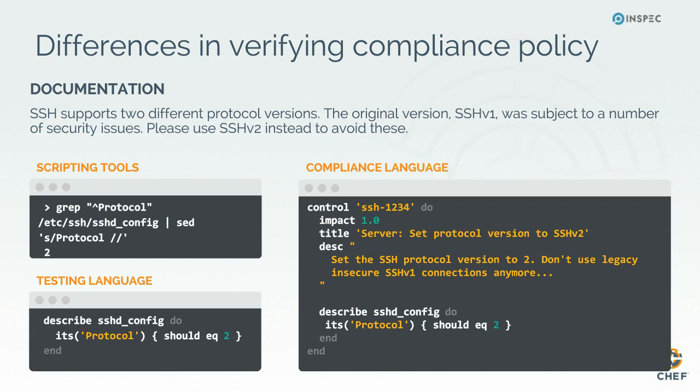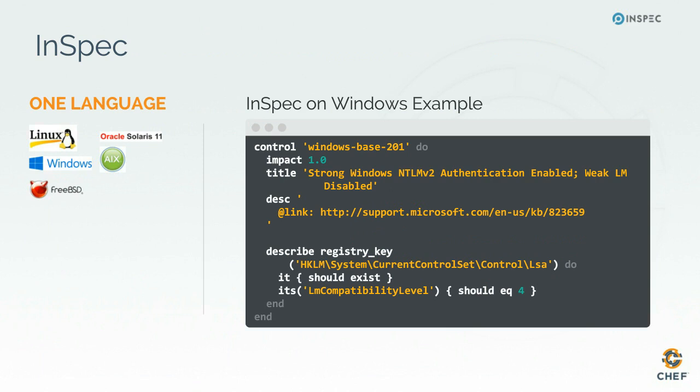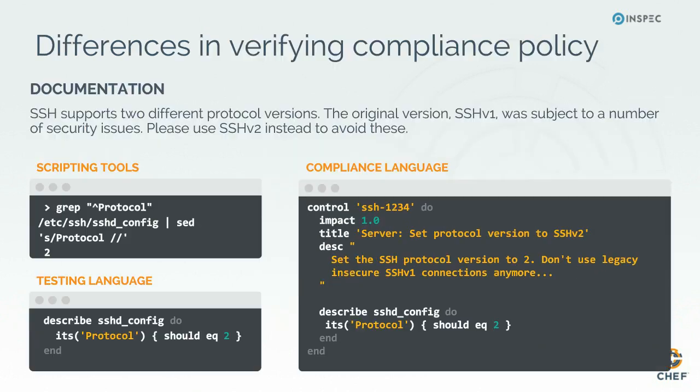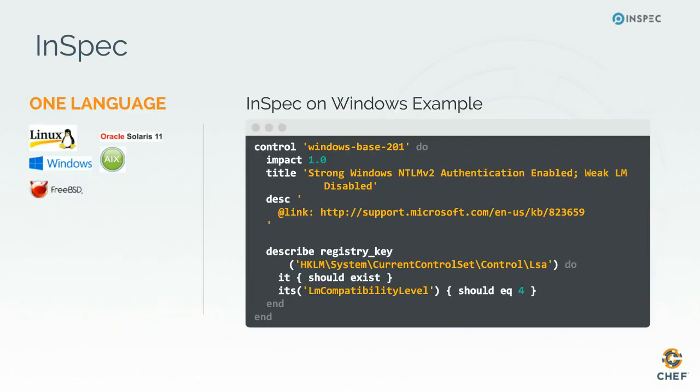And of course, when we designed this, as I showed you, this example was strictly Linux because I think the audience for this webinar is very Linux focused. But we're Chef, and we produce cross-platform tools. The same code, the same language works on almost every other platform out there. So any flavor of Linux, Windows systems, AIX, BSD, Solaris. In the example on the screen, we're looking at a control where we're checking the state of a registry key, and we're making sure it has a specific value.